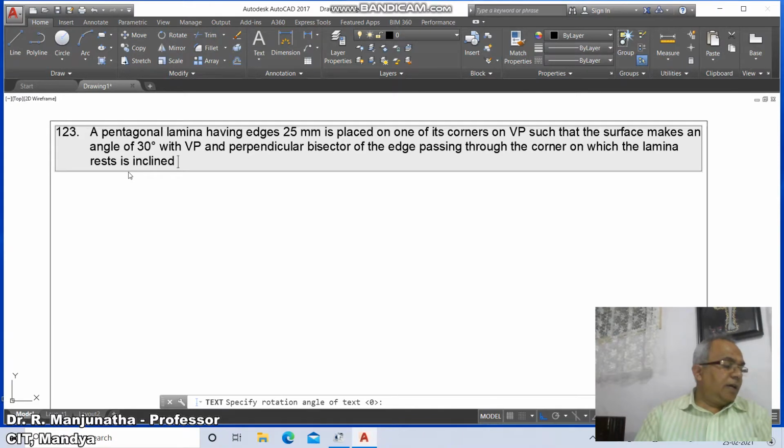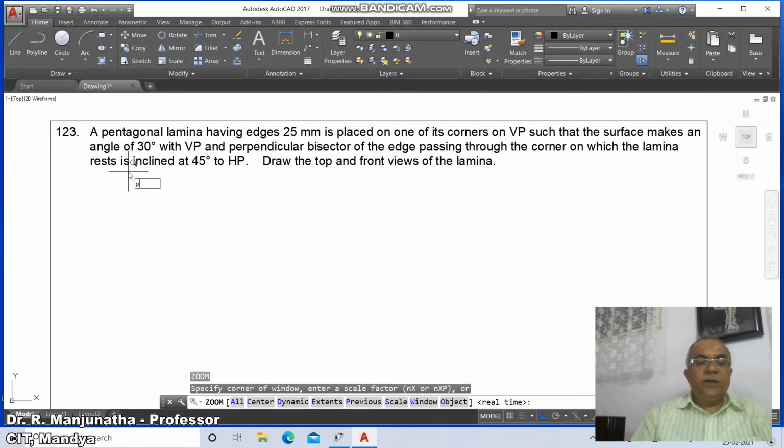Is inclined at 45 degrees to HP. Draw the top and front views of the lamina.